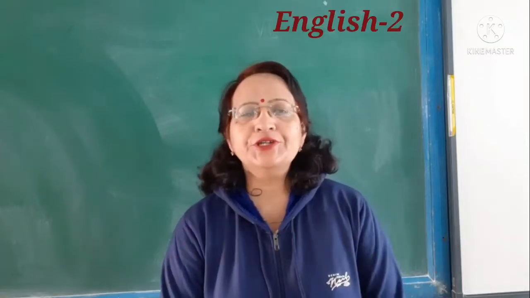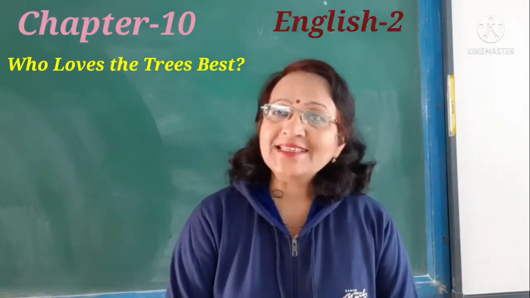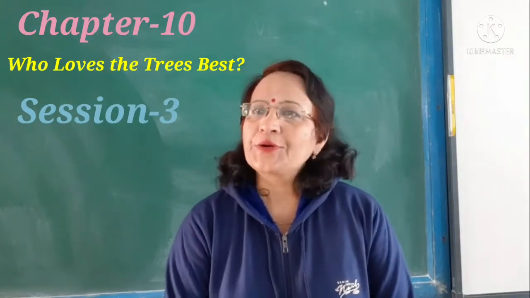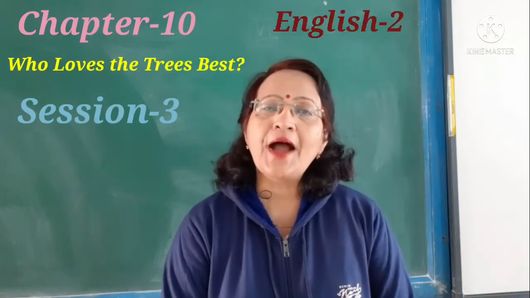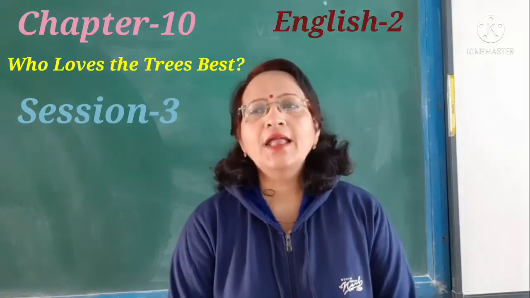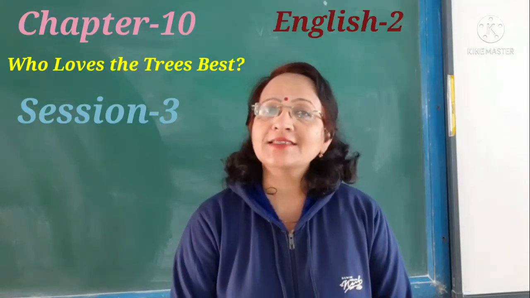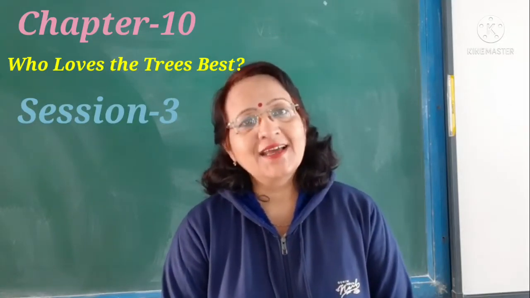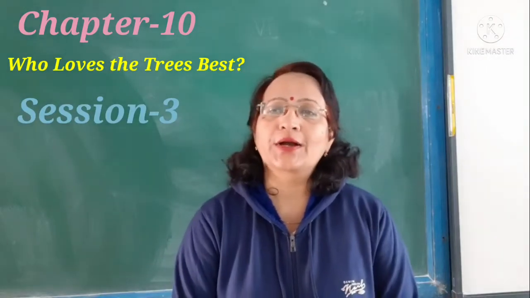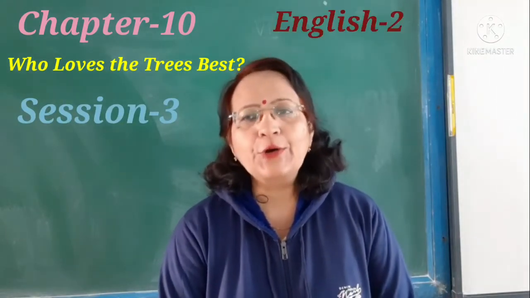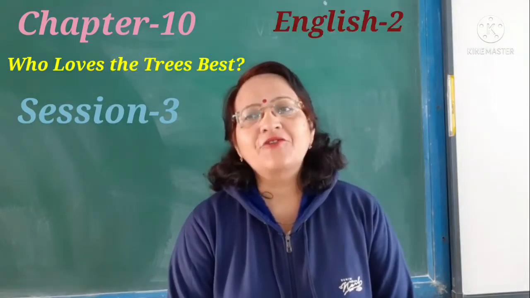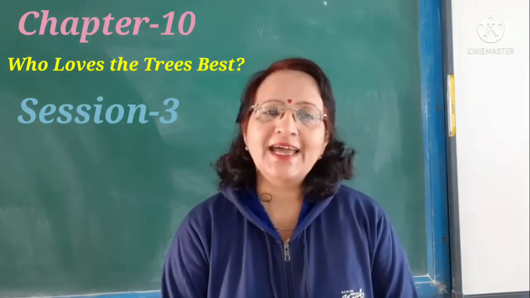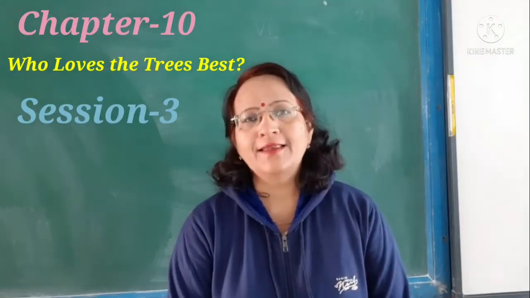Students, in the previous session, you wrote words and meanings and made sentences of chapter 10 in your English copy. I hope you have learned them thoroughly. Now today, you are going to answer the following questions in your English copy and do the exercise Get Going in your English book. In Get Going, you are going to write the words that rhyme with the following words like spring, set, fall and best.